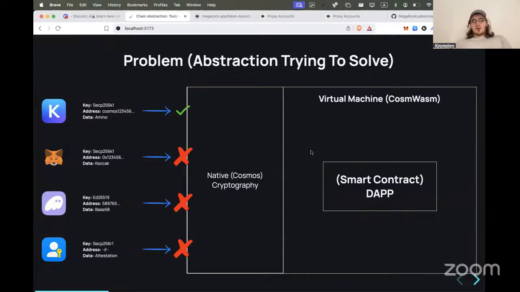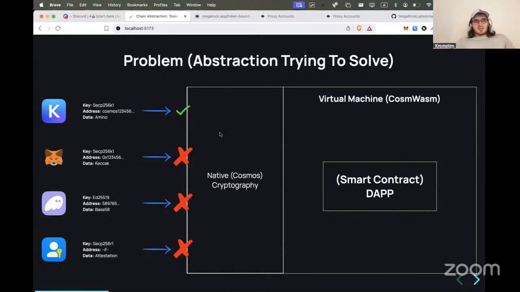And the way they work, you usually don't handle authentication and other stuff in your app. You just write your app, you write an NFT collection, you write your DeFi protocol over there, and you delegate the work of handling the authentication to the core of the chain. And so far, our chains have only been supporting Cosmos transactions. So you need to have a Cosmos wallet that can sign a transaction in a specific way so that our chains can validate it. It's not the case for all of the chains.